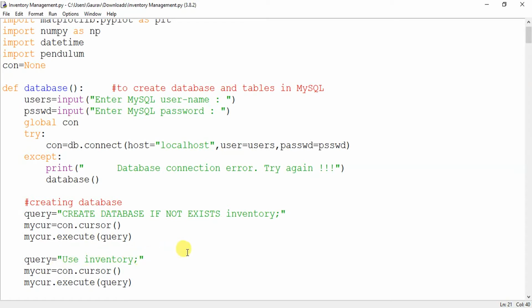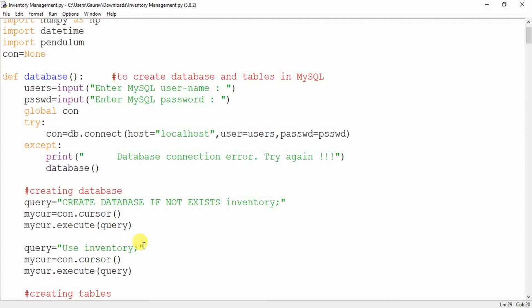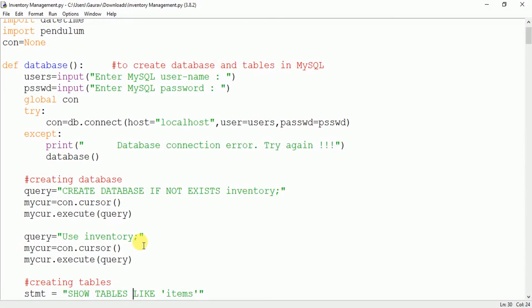I think you know the commands to create a database and use a database in MySQL. So you have created a query, then you have executed this query. If the database does not exist, it will be created, otherwise it will not be created and will just be used.